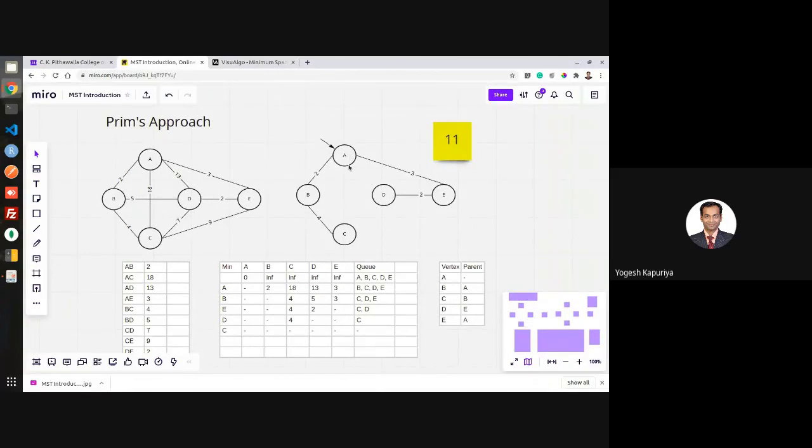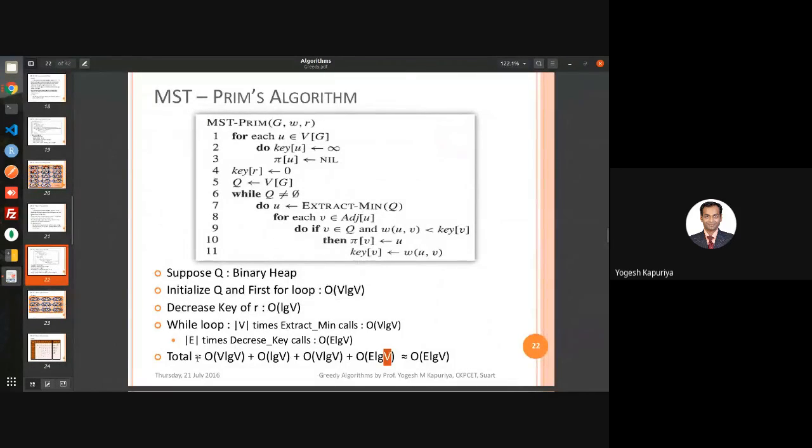Here the number of vertices is 1, 2, 3, 4, 5 and the number of edges is 1, 2, 3 and 4. But once it is a graph, it's always highly probable that the number of edges is more than the number of vertices. So E is always higher than V when it comes to a graph, and that's why the highest order term in these three is E log V.